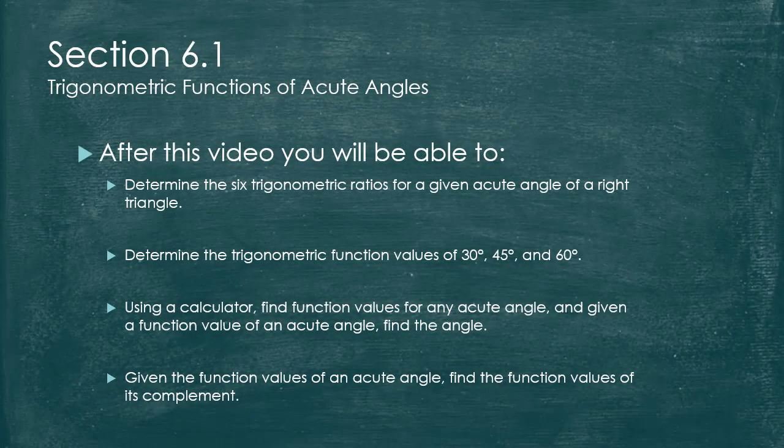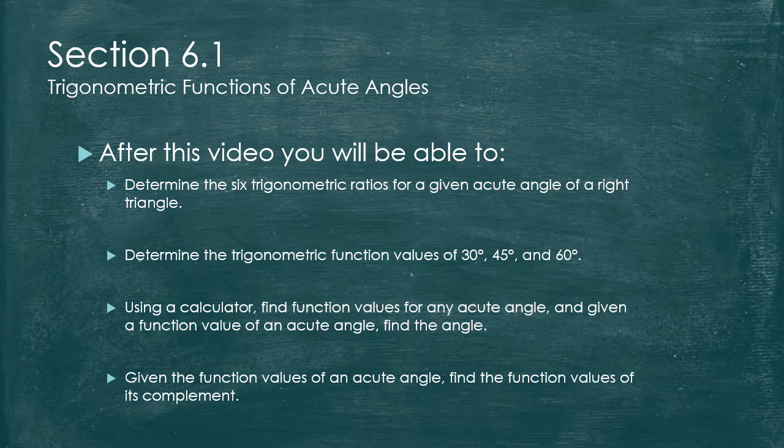Hello and welcome. In this video, I'll be covering section 6.1 from our book, which is over trigonometric functions of acute angles. My goal for you by the end of the video is to be able to determine the 6 trig ratios for a given acute angle for a right triangle,